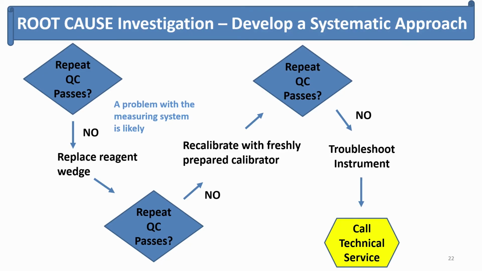So I think one thing that we found is really helpful for our technologists is to develop a systematic approach for root cause investigation, because techs, especially if they're new, can be overwhelmed. There are so many causes of QC failure, and we really wanted to develop a tool for them so they know where to start, they know the next step to perform for their investigation. Of course, this type of systematic approach will be unique to each measuring system, each laboratory, and maybe even each assay. So the first thing we have them do is repeat the QC.